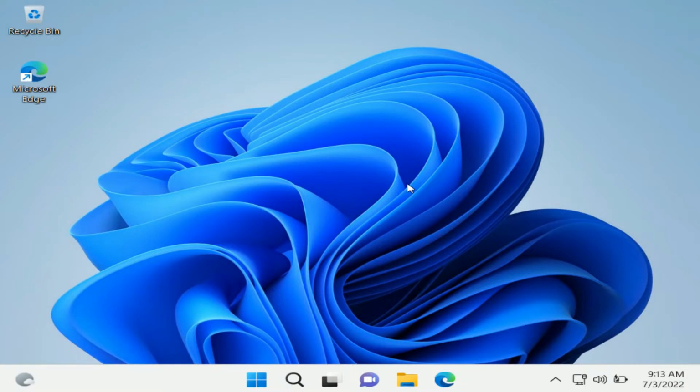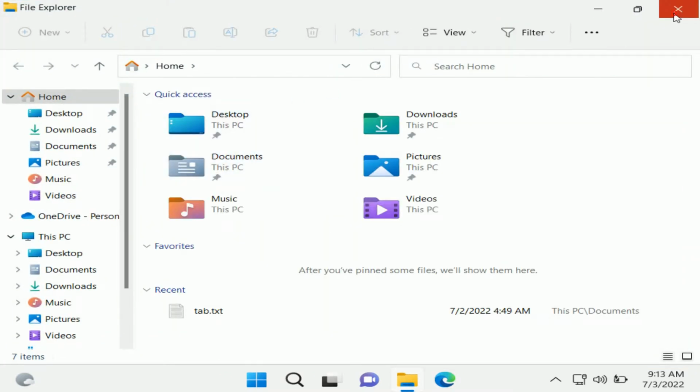In this video, we will show you the easiest way to add the File Explorer new tab feature on Windows 11. This method also works for Windows 10. If you want to try, and if your Windows doesn't have a new tab for File Explorer like this, you can